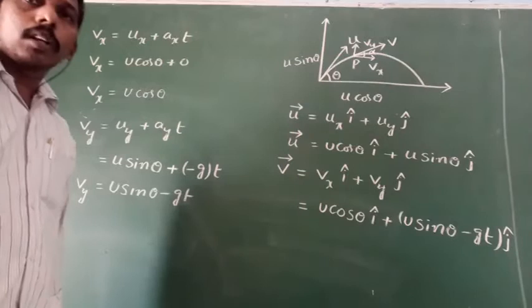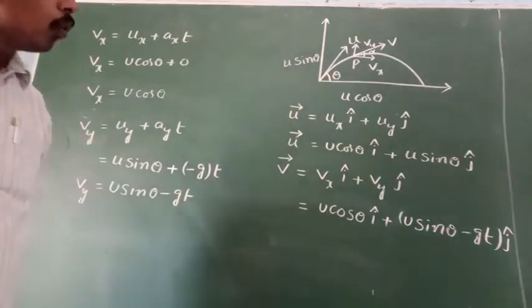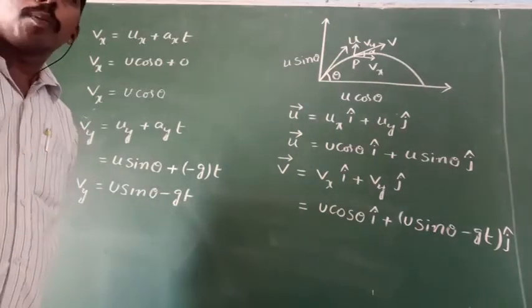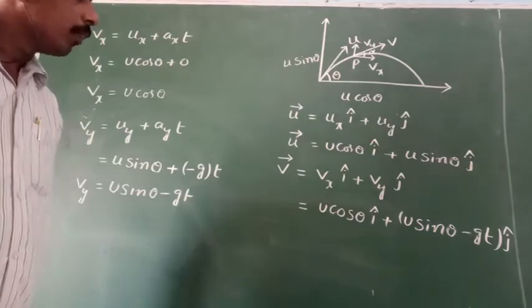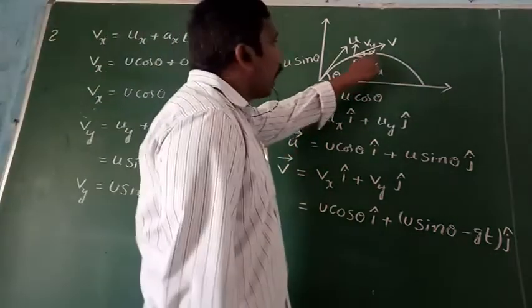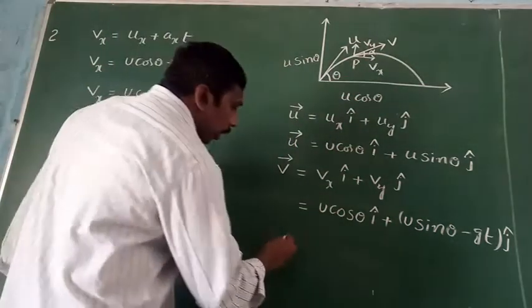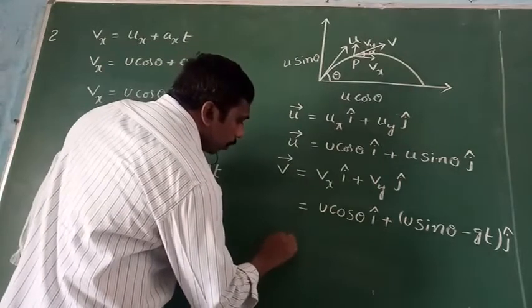The horizontal component of velocity does not change throughout its motion. Just the vertical component of velocity changes. Then how to find the angle? To find the angle, we use this formula. Tan alpha is equal to